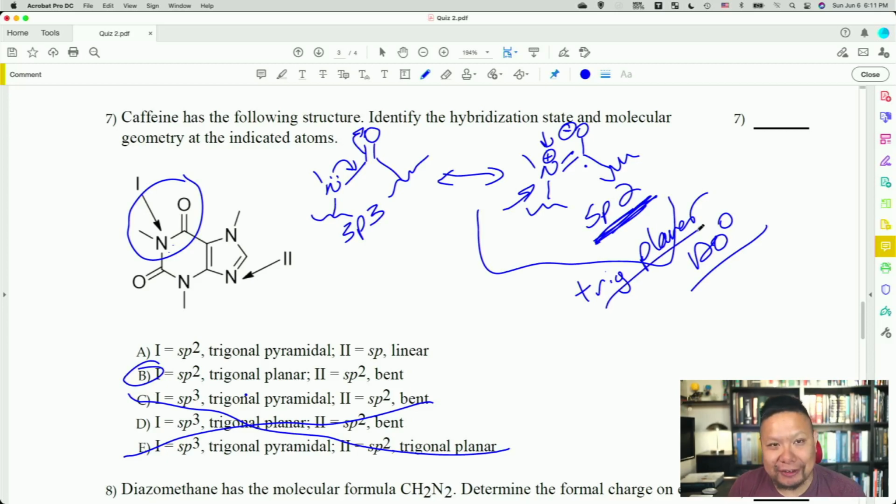You didn't even have to figure out the hybridization of atom 2 because you figured out the hybridization of atom 1, and it's the only one that fits with the rest of them, right? So that was kind of a tricky one right there. But just remember that when you have an amide bond, the nitrogen is mostly going to be in the sp2 hybridized state. Next,